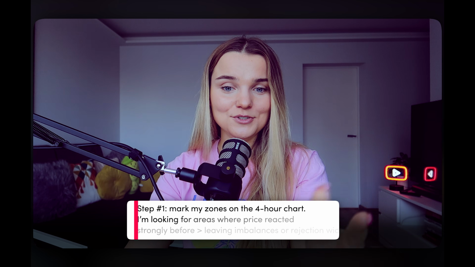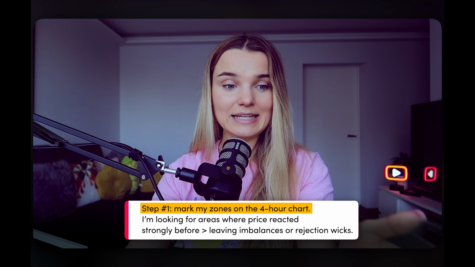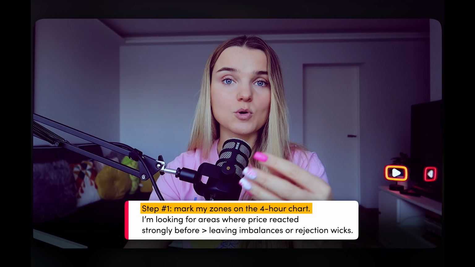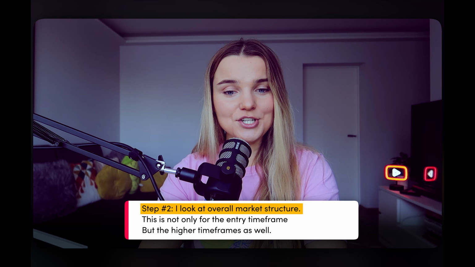So the first thing I do is mark my zones on the 4-hour chart, and I'm looking for an area where the price reacted strongly before, leaving imbalances or rejection wicks. But if I'm scalping the market, then I would still use the same logic, just refined on the lower time frames. So once I have those price levels, I then look at the overall market structure,